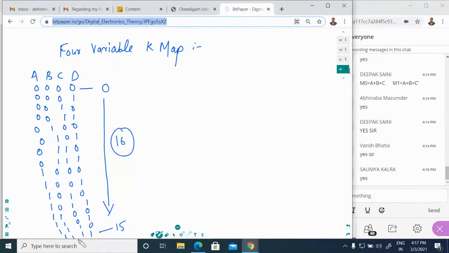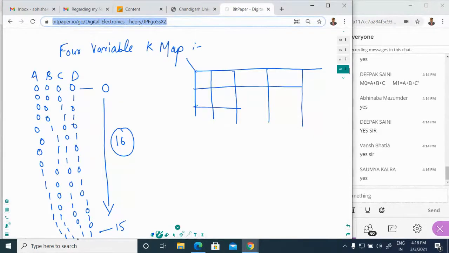Okay, so how you can prepare the cells? This is the formation for cells. Okay, so 1, 2, 3 and 4. This is also 1, 2, 3 and 4.